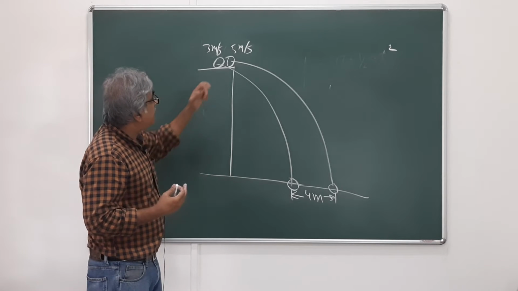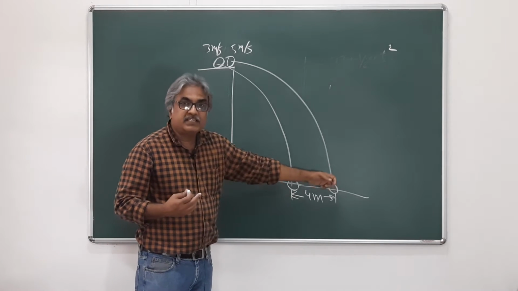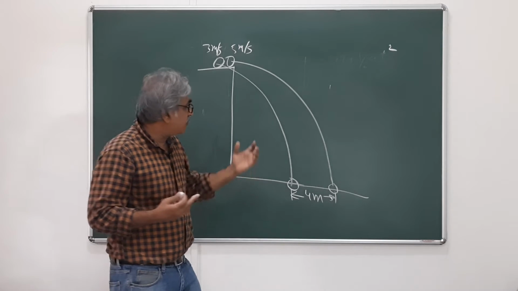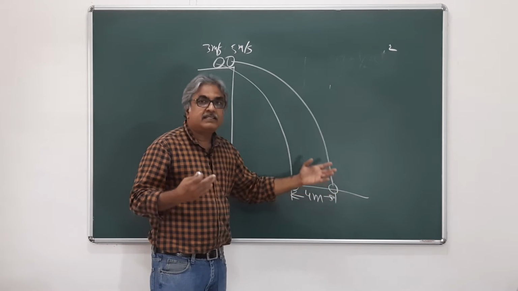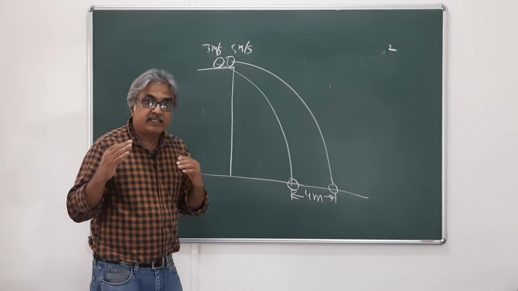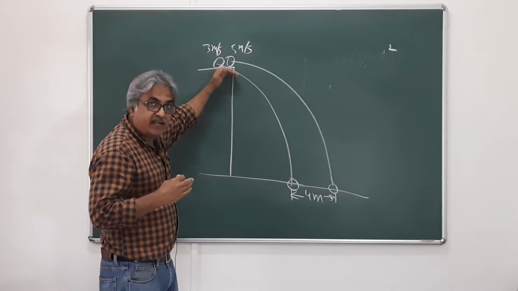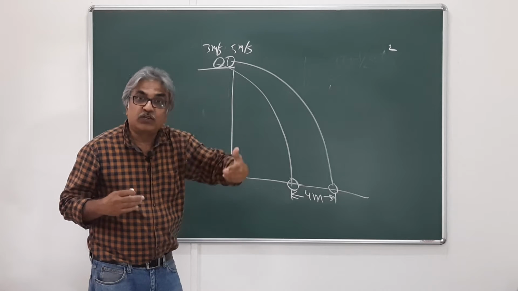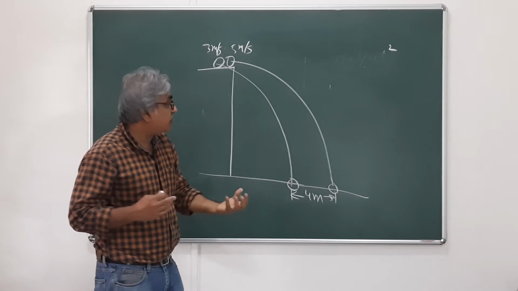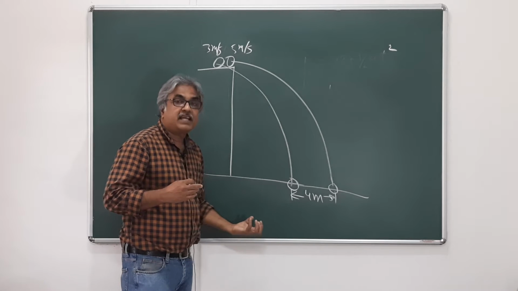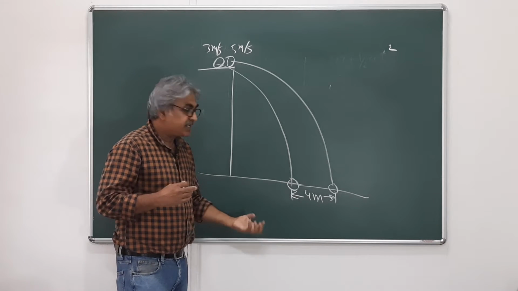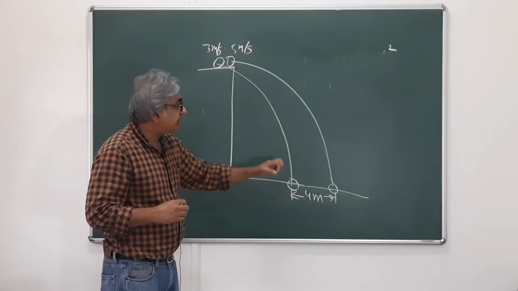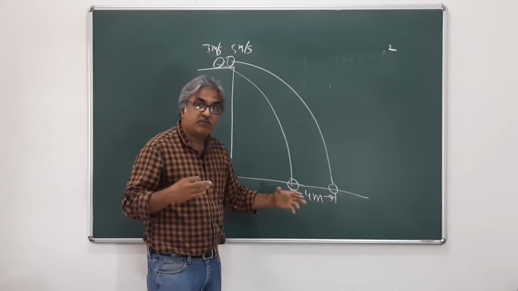So we know that both these balls will reach the ground at the same time, right? So the time required for both these balls to reach the ground is, let's say, t. Why the same time? Because they are released from the same height and both of them have the same initial vertical velocity, which is 0, and both of them are pulled by the same force of gravity downwards. So they will reach the ground at the same time. So let's say the time required for them to reach the ground is t.